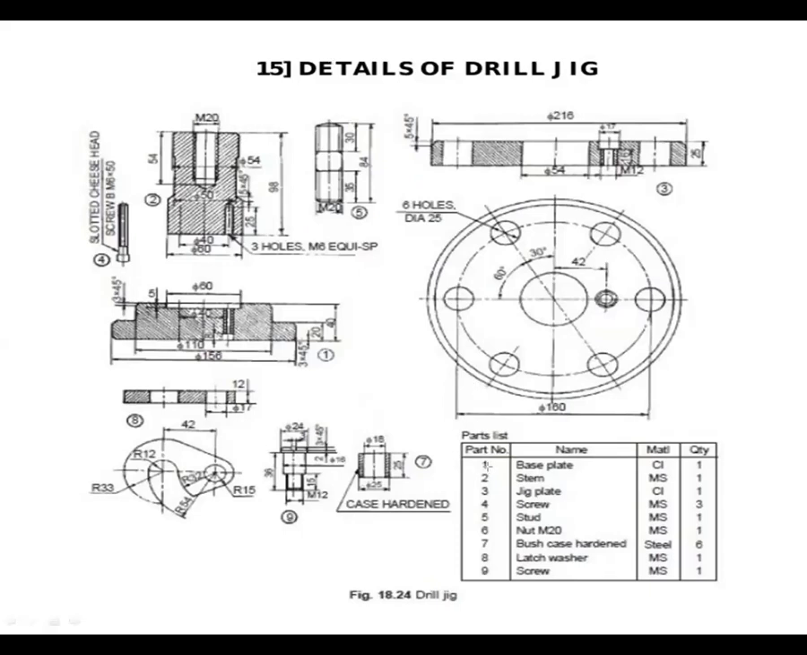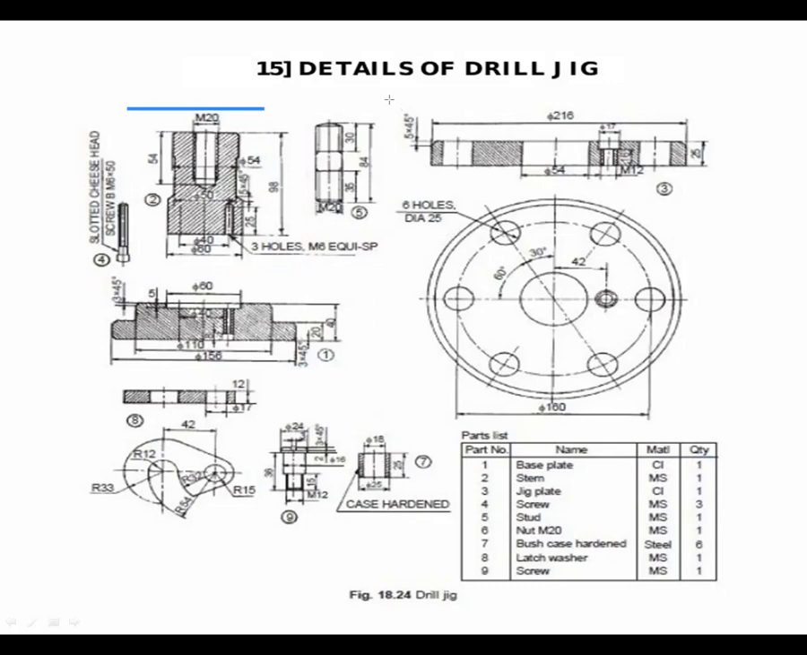So if you carefully observe this diagram, at very first base plate is given. So this is a base plate provided over here, made up of cast iron material, which will be mentioned over here, cast iron, and whatever quantity you have given, just mention over in this table. Second component is stem. Here we'll observe the second component,